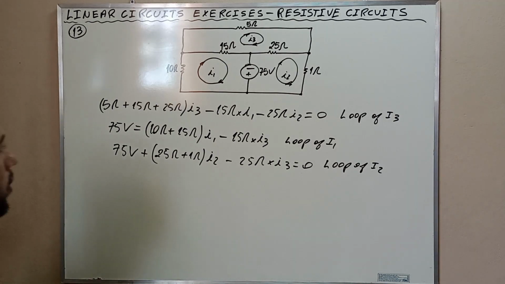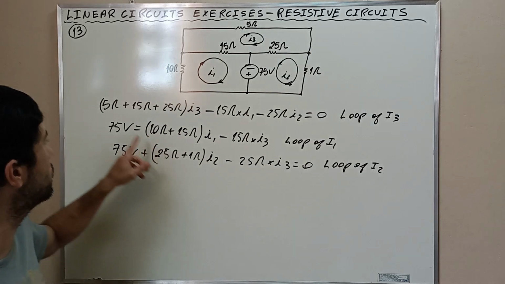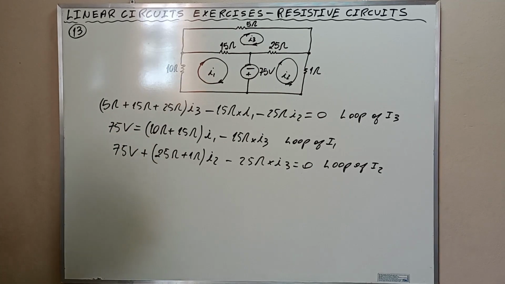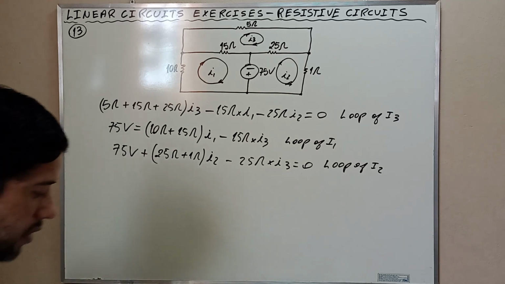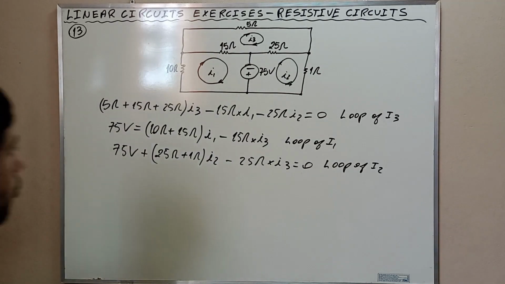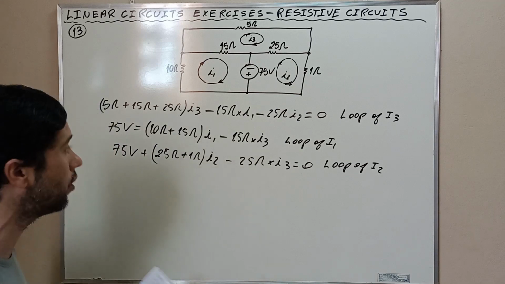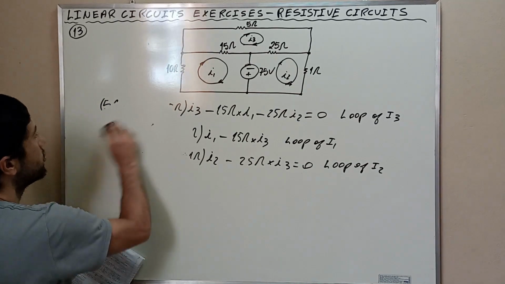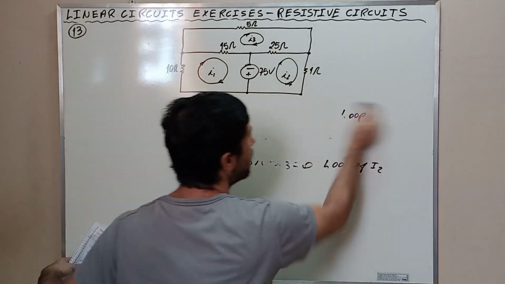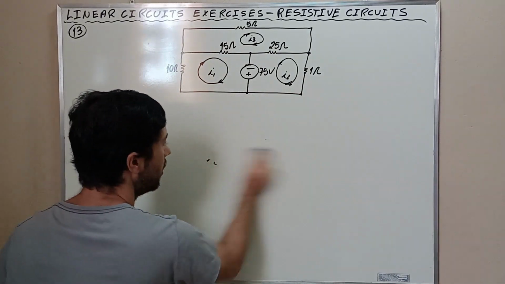We have described the mesh equations. We have written the currents in terms of resistances and the voltage. What we need to do now is to simplify. Then we're going to get the results and simplify and put in a way that is better for us to work with and visualize what's going on. Okay, I'm going to erase here for some room, and you are going to see the simplified version of these